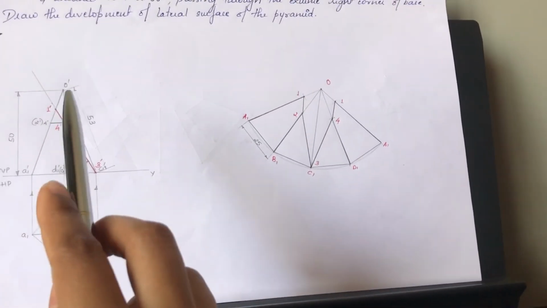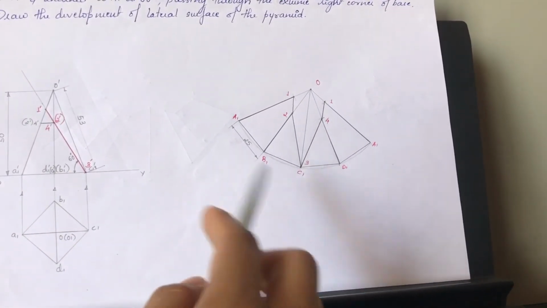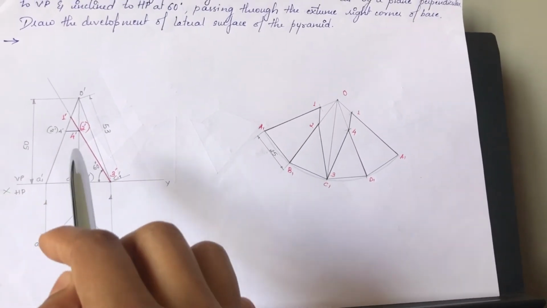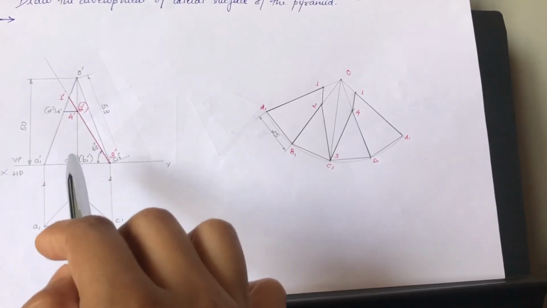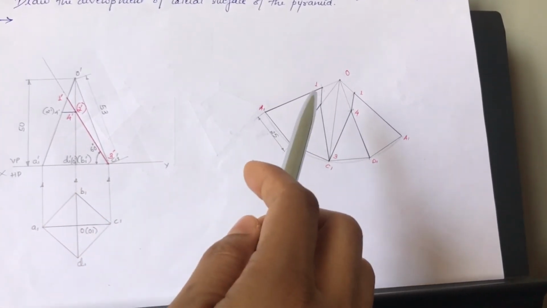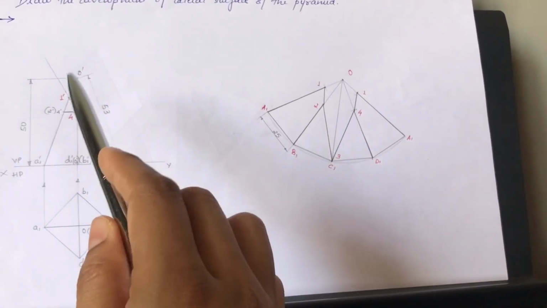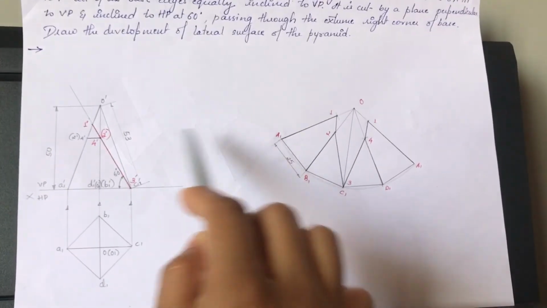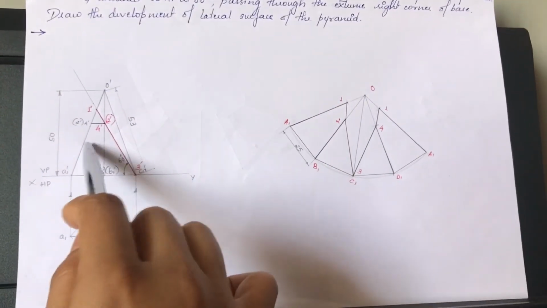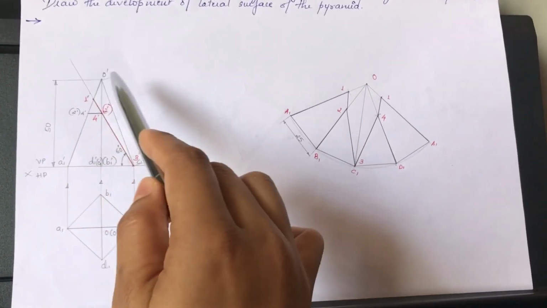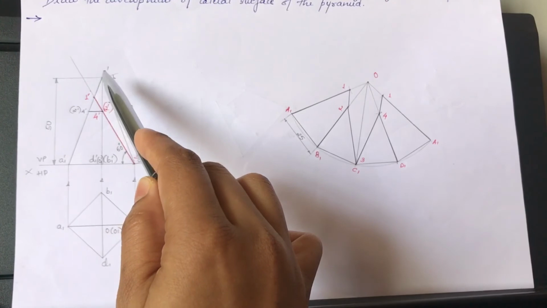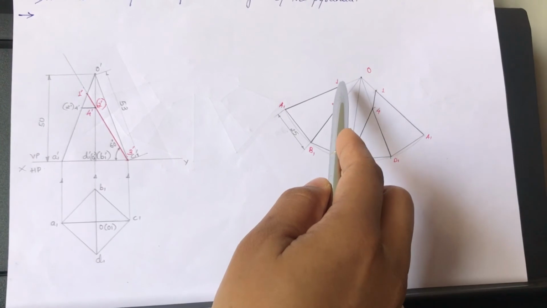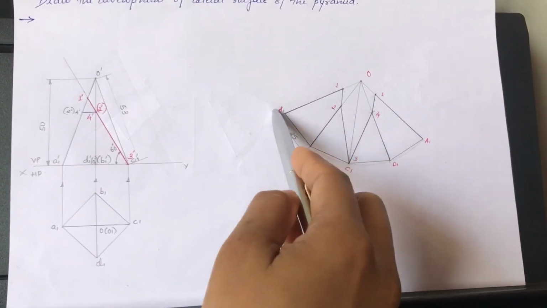The next step is marking 1 2 3 4 on this development. In order to mark 1 2 3 4, it should always be with reference to the true dimension and not the apparent dimension. So the first thing, let us mark 1 on OA1. You have to take the radial measurements here. You cannot go for any parallel projections, rather you should go for radial measurements. So keep the compass here and see how much the distance is between O and A1 with the help of a compass. You measure that and you mark O1 on OA1.